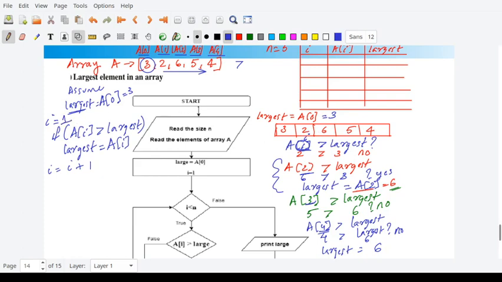You can start with I is equal to 0 also. The result will be the same. You will get largest is equal to 6, but you will get an additional comparison of checking whether A of 0 is greater than A of 0, which is actually unnecessary. So if you start with I is equal to 0, that is also fine, but you will have an additional statement execution.